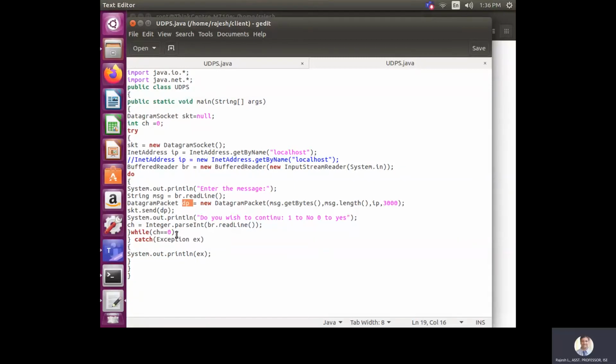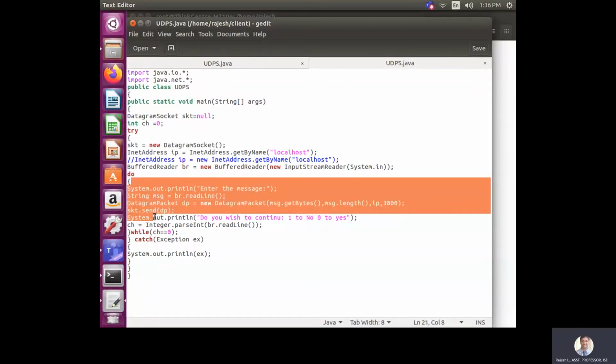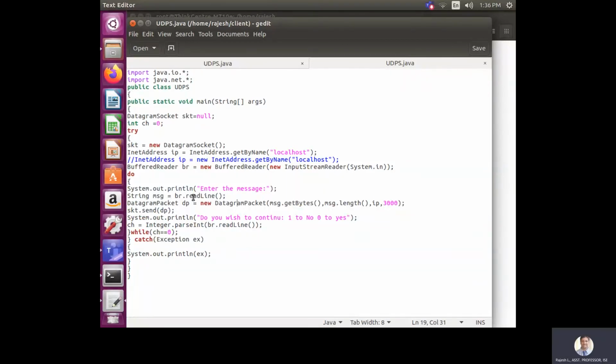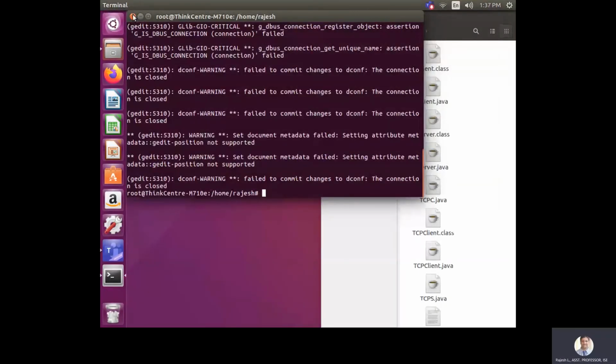While ch equals 0, again go and read the characters with br.readLine(), convert that into bytes, put it into dp, send the packet, and again ask the user to continue or not. Like this, the characters are entered by the user.